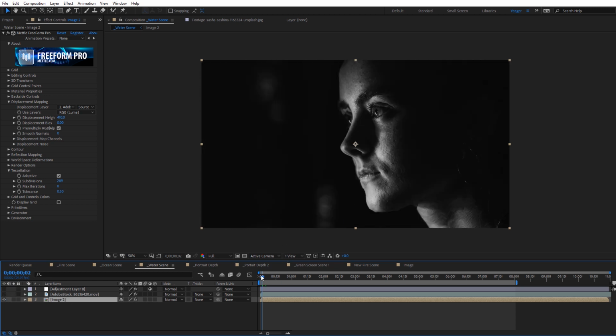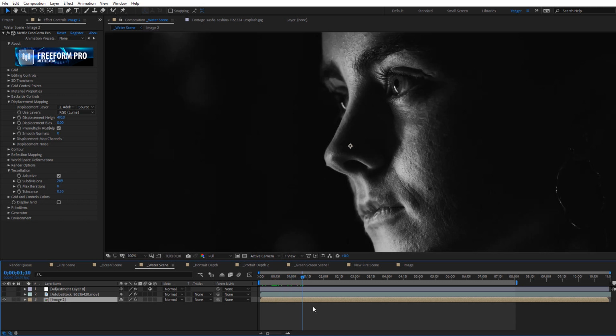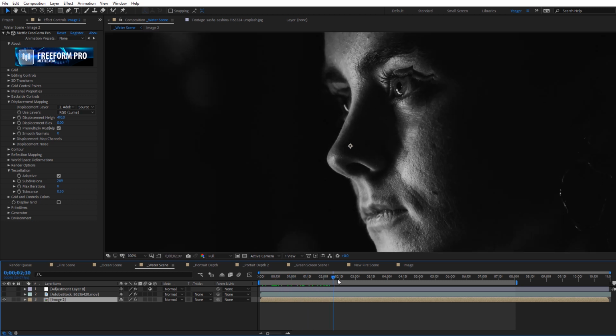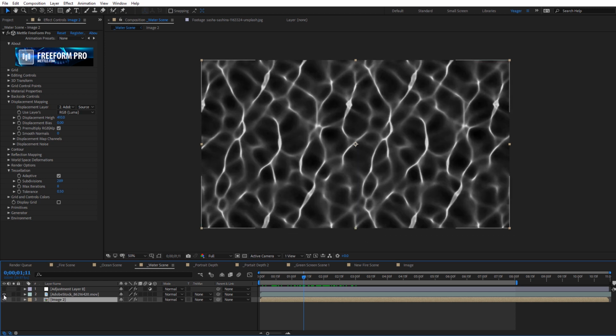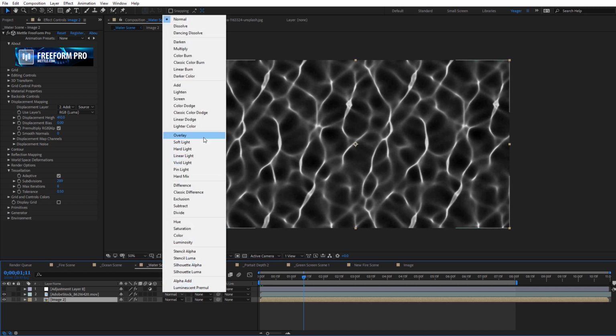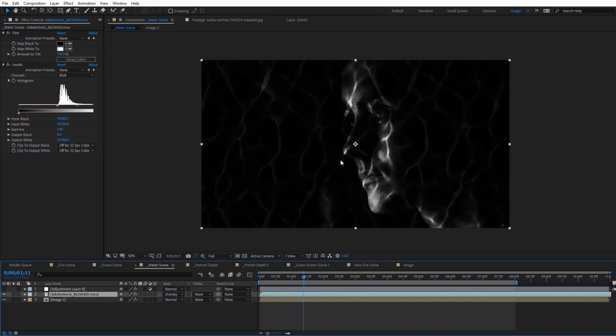And you can see if I go ahead and just scroll through this slowly, you'll see the displacement taking place. I'll zoom in here, and you can see at the eye right here, the wave goes over, so we can see those caustic lines on this image. Now, as it looks right now, it looks a little bit odd. You can't really tell what's happening. So what I did was with this footage, I went ahead and set it to an overlay blending mode. So I'll just come up here and select overlay. Now we can kind of see those waves.